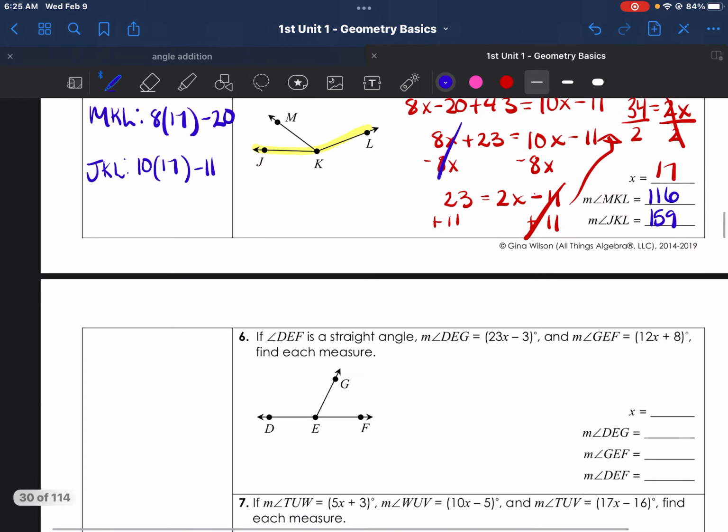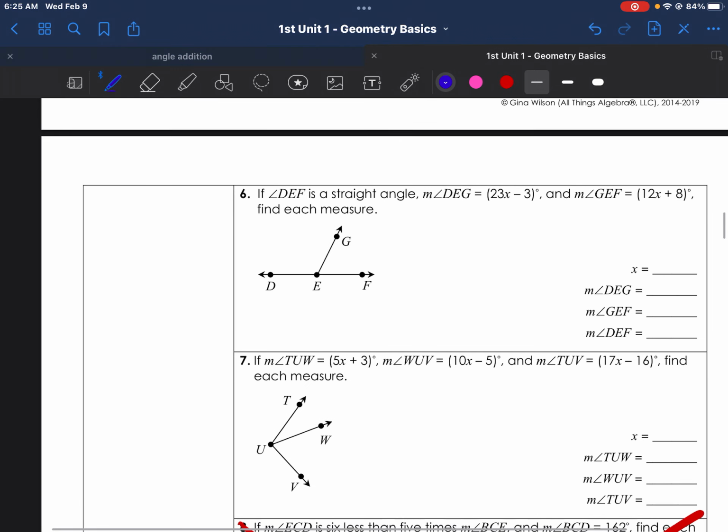Okay, let's move on. Oh, wonderful. We see this beautiful word. I see it, DEF. And it says DEF is a straight angle. So, of course, we already know a straight angle means it has the value of 180 degrees. Yes, sir. Yes, ma'am. So that means these two angles